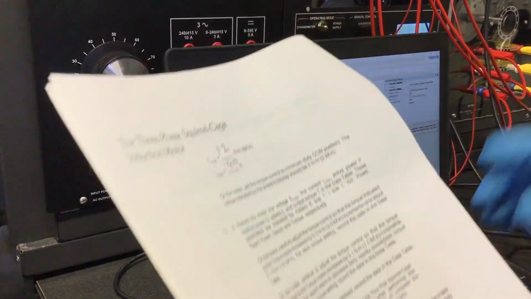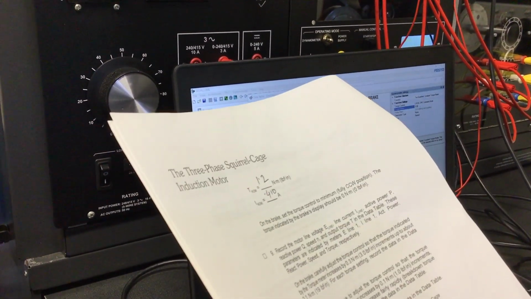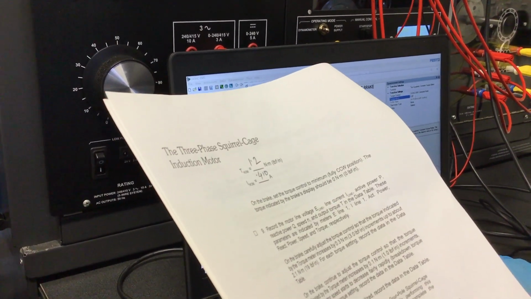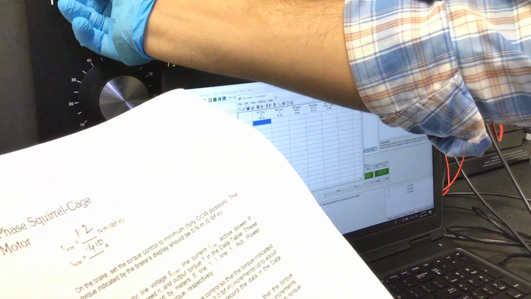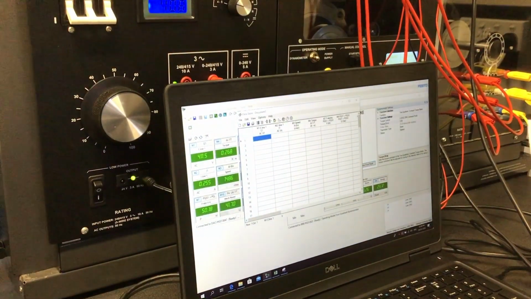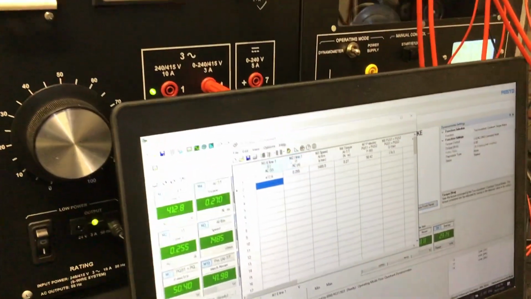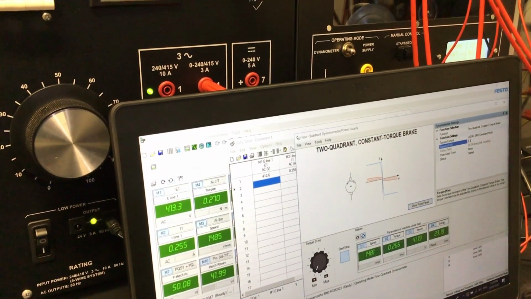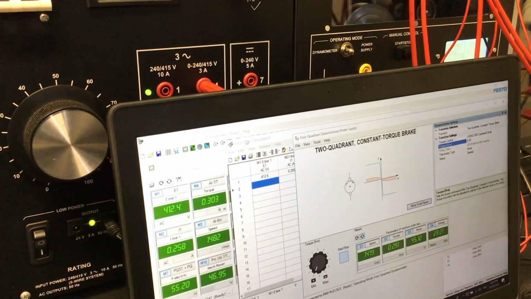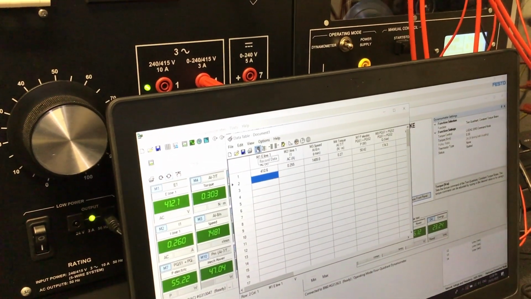Now the torque should be 0.3. So we'll set it 0.3. Now you start from 0, it's no problem. Speed, we record the data. This is the data. Now we increase torque 0.3.